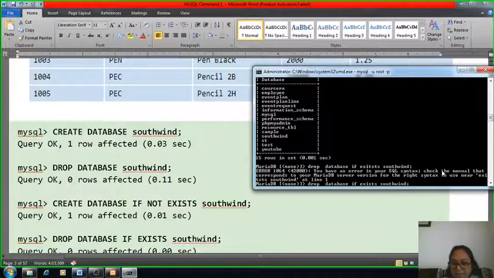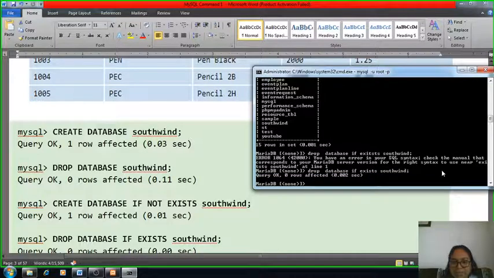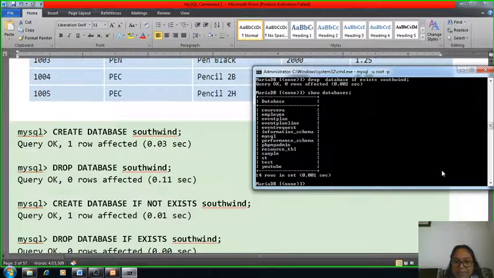Okay, it will display the message. Now, row affected means some changes are made. So again show databases. Now again the database has been deleted. Okay, so Southwind was there previously and we dropped this Southwind database, so it is deleted from this database directory.